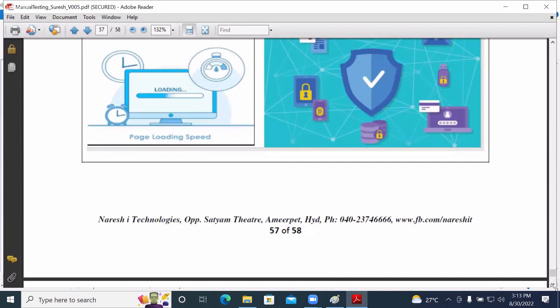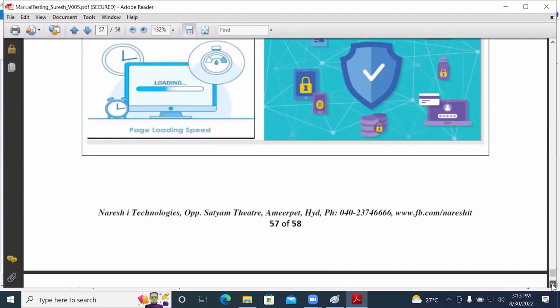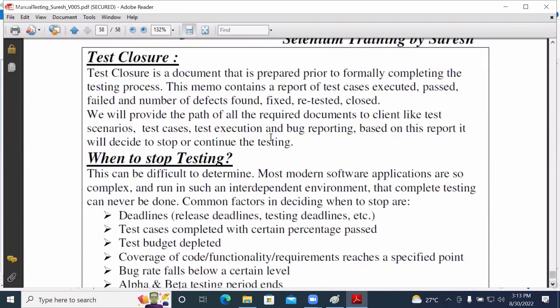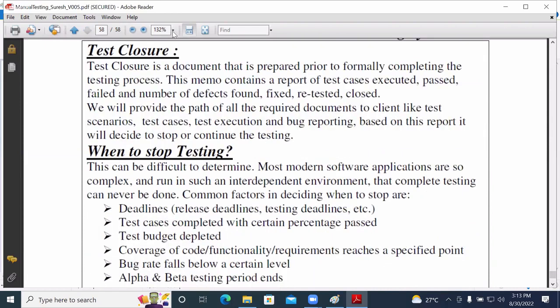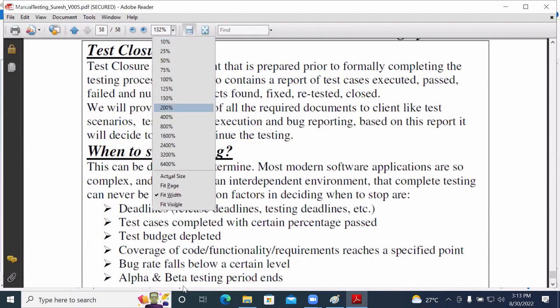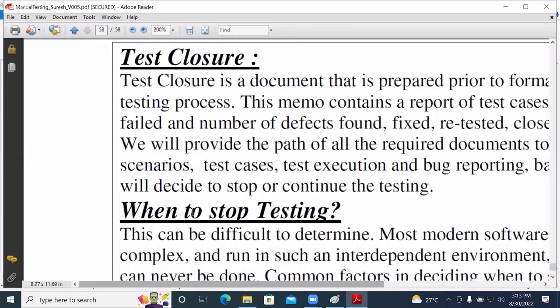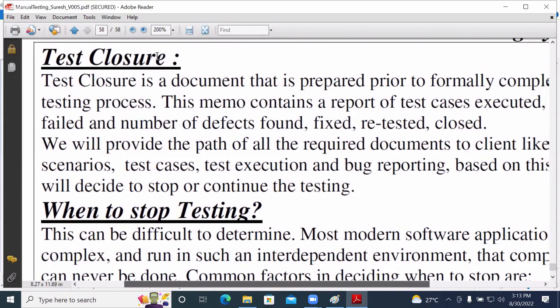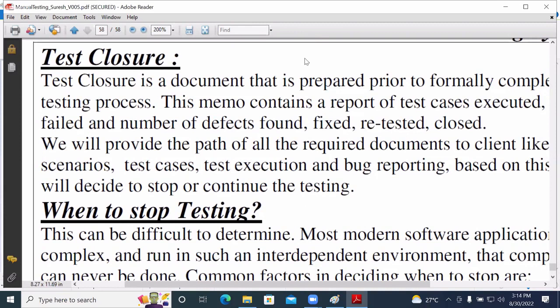The last point we need to take care of is to understand test closure. Write the heading test closure, then a hyphen symbol, and then mention when to stop testing.